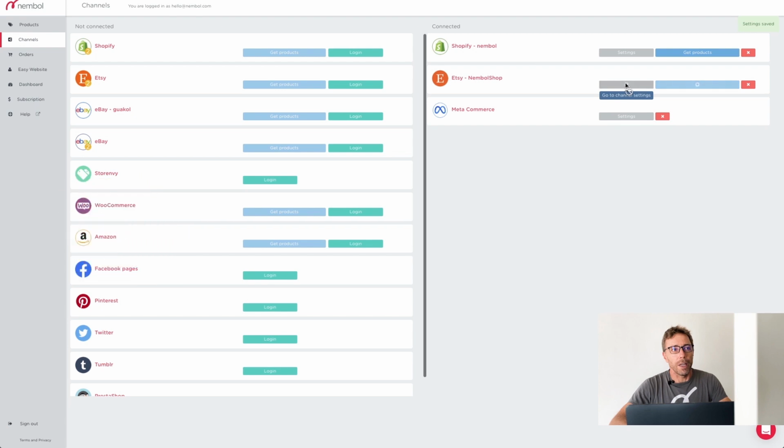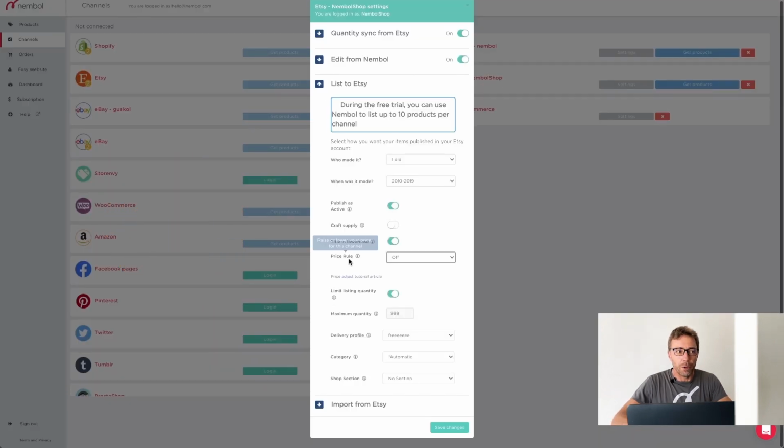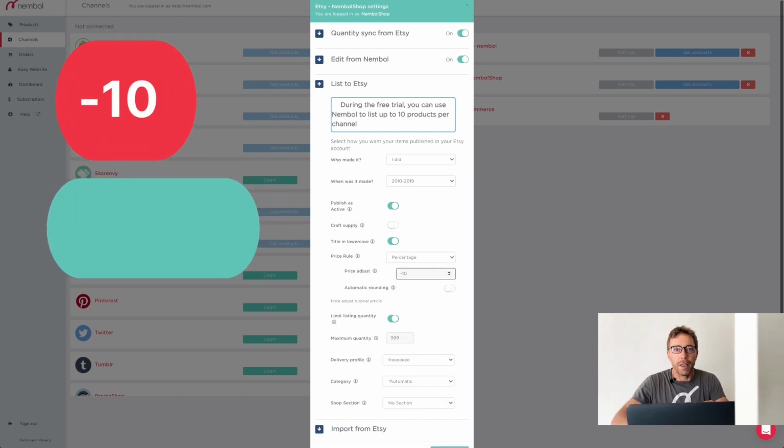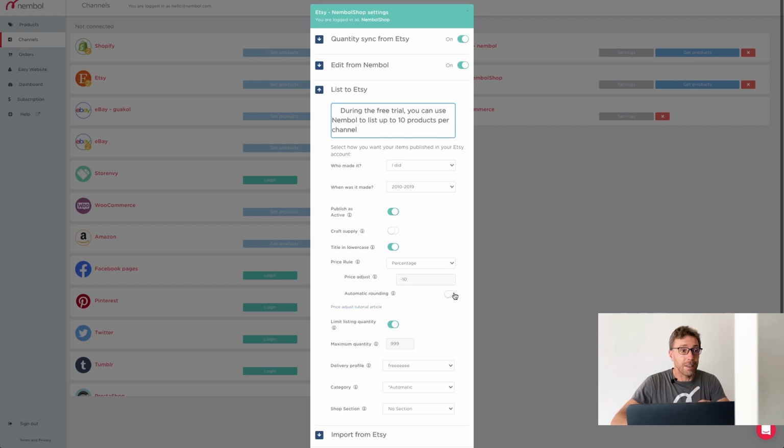and we save. Now we go in Etsy, we open list to Etsy settings, we scroll down to price rule, we're gonna turn this as percentage and we're gonna do minus 10. This is minus 10% price on Etsy compared to the main price in Nembol. And I set the automatic rounding on. Why do I set automatic rounding on? Because when I change a price using a percentage, chances are that we're gonna end up on some odd number